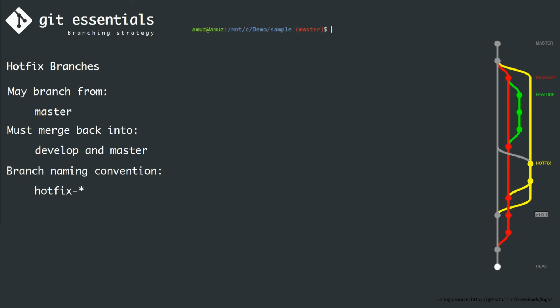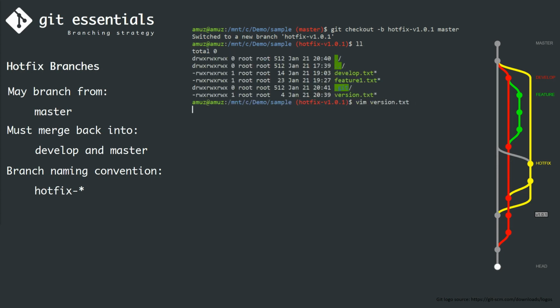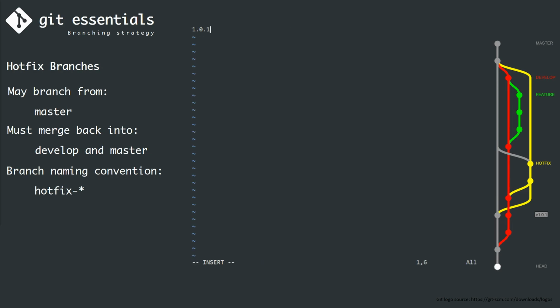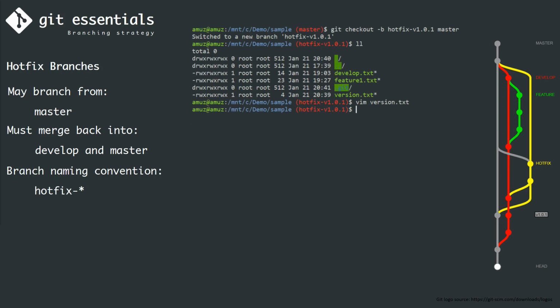To do this, we have to create a new branch called hotfix-1.0.1 because our production branch is version 1.0.0, and then we want to branch that from the master branch. The first thing to do is to bump the version. So let's open the text file, bump the version to 1.0.1, save the file, add the file to the staging area, commit that with the message bumped the version to 1.0.1,